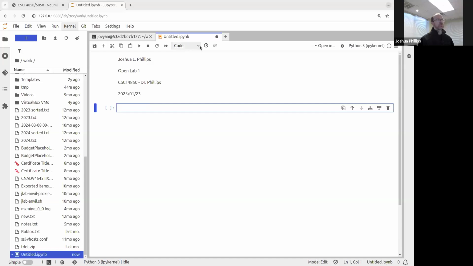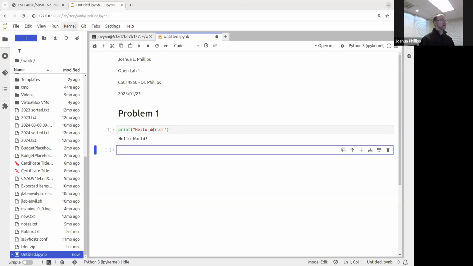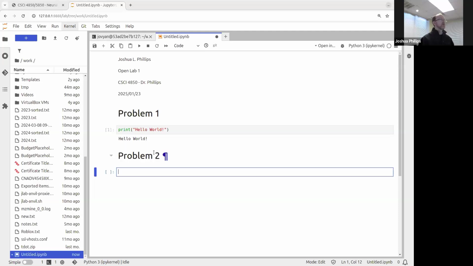So at that point, if I wanted to start working on some things, I can say, this is problem 1 from my lab, and I'll write some code that will answer that particular question. And of course, you could do this on the JupyterLab systems instead. And then I'll move on to the next one, right? Do my next problem. And notice what I'm doing here, right, is I want to have all the outputs stored with all the inputs. So whatever code you do write,